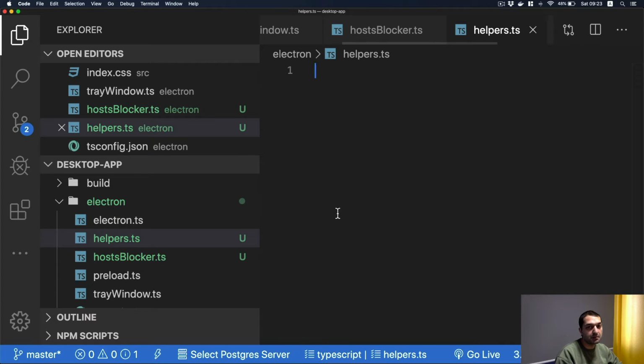I'm using this principle for a while. Every time I need some very small functions that I'm going to use probably in multiple places, I'm just making a helpers file, which I then import in many places. It just helps to keep your code cleaner. So here we have to